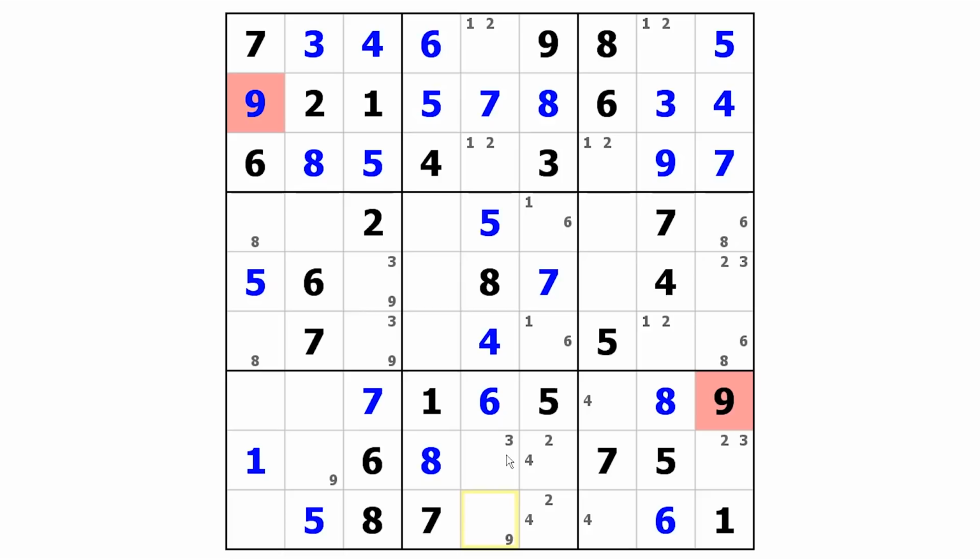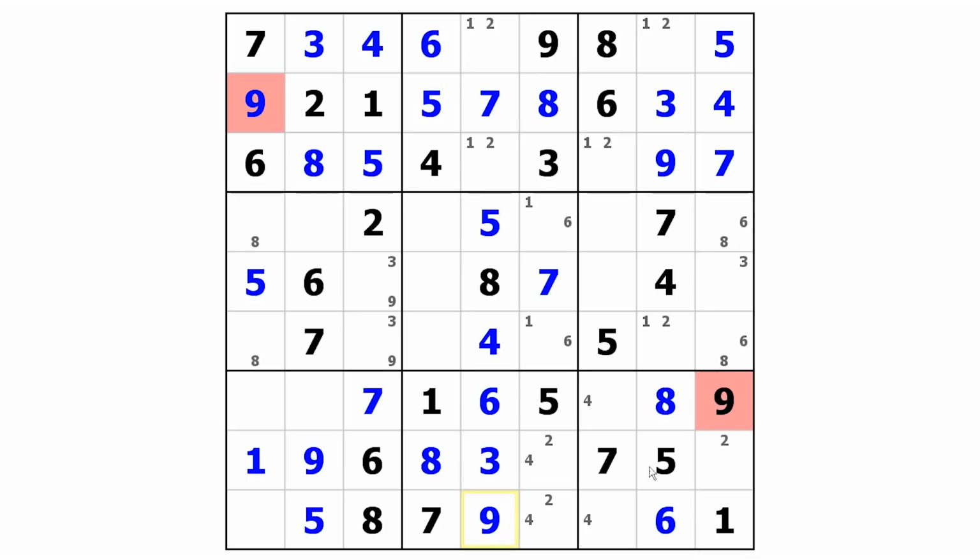That naked pair is solved for 3 and 9. Now, once we enter the 3 in this cell, that's going to eliminate the 3 from this cell, so this has to be a 2, which means that cannot be a 2. So now we're going to enter the 9 here, a 3 here, a 9 here, and now when we enter